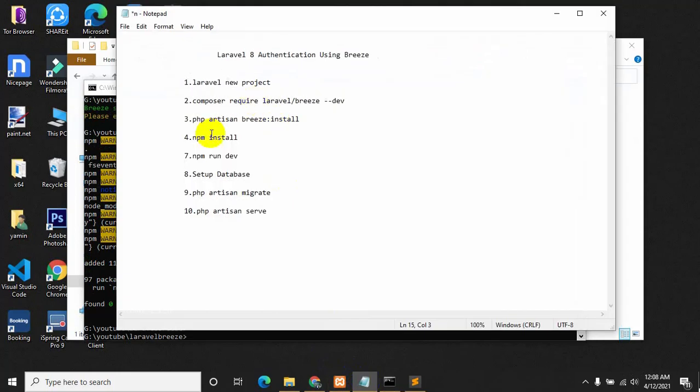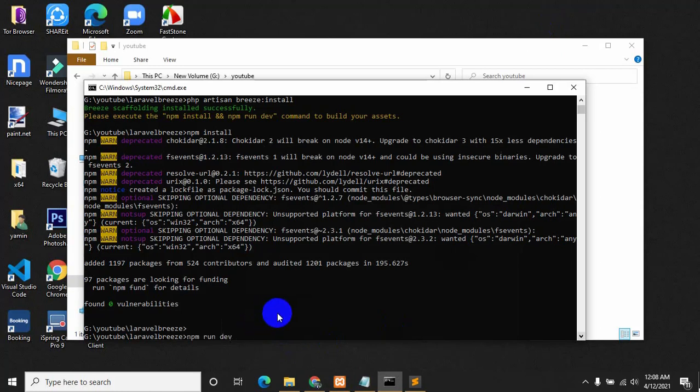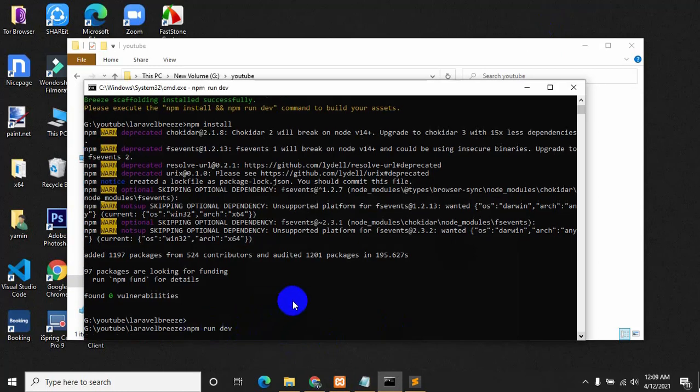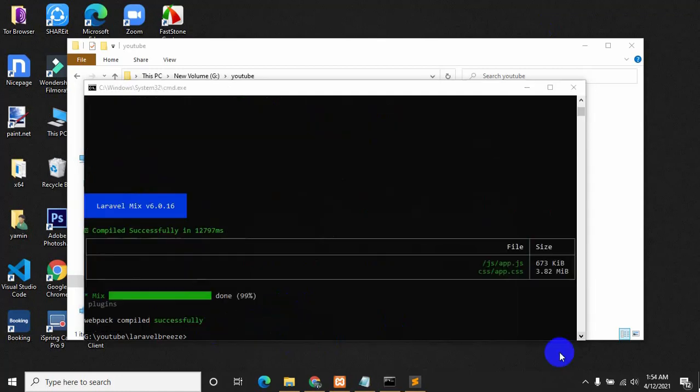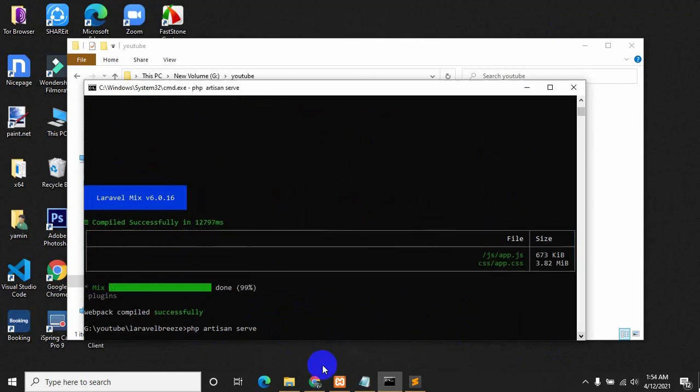Let's copy it from here again, paste it over here and press enter. Okay, it's also installed.